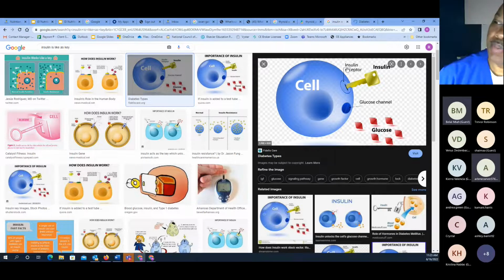All right, so the insulin receptors are likened to a lock on the cell, right? And insulin is like the key. When you don't have enough insulin, then the glucose just runs all around the cells. They don't go inside the cell. They just keep circulating extracellularly. And this is why our blood glucose levels are high, because you don't have enough insulin. In this case, if you don't have any insulin, rather, in type 1 diabetes,